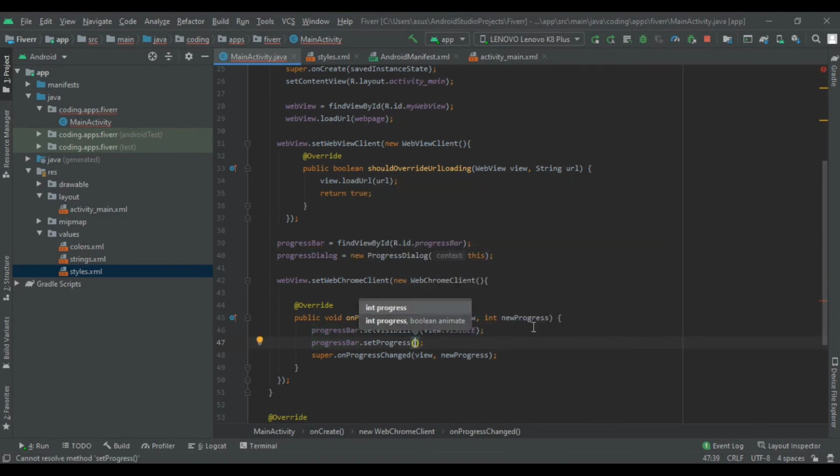After that we are going to write an if case in our onProgressChanged method.